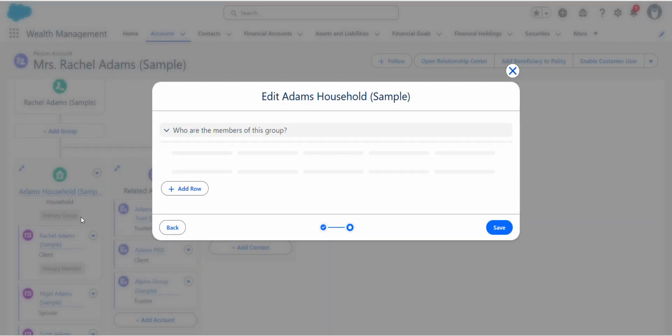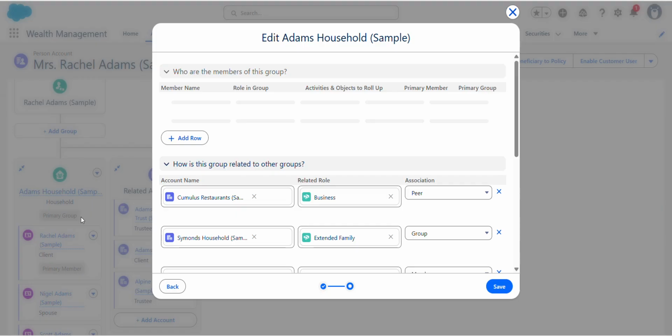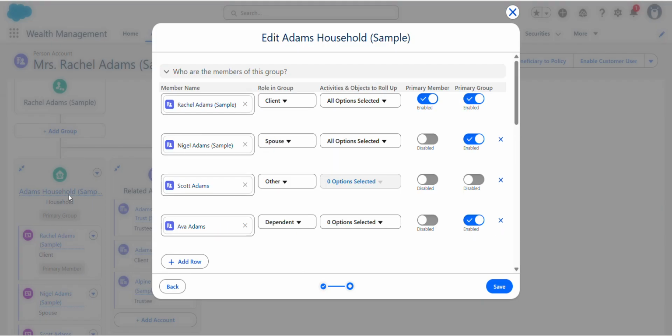So click on edit group next to the Adams household sample record, right? And under the primary group, we have one column for primary group, right?